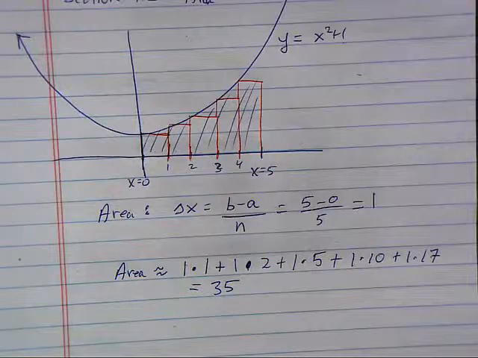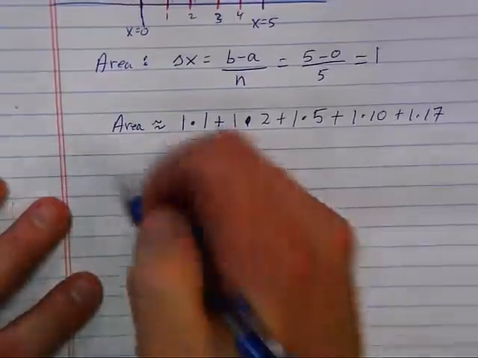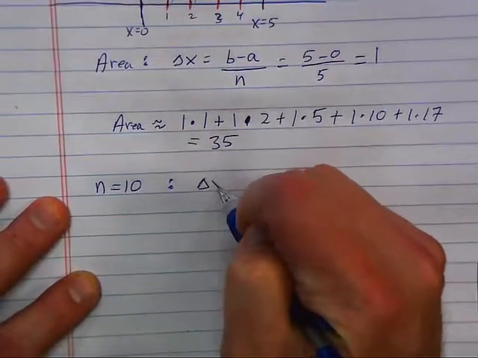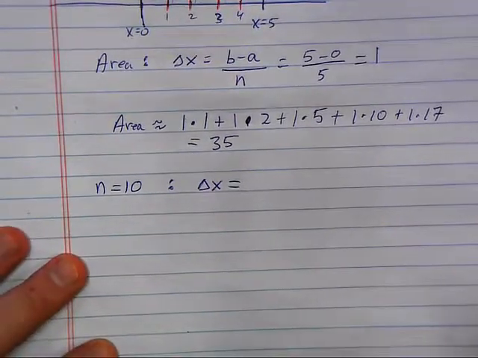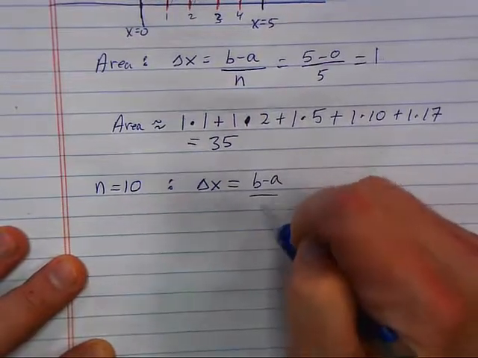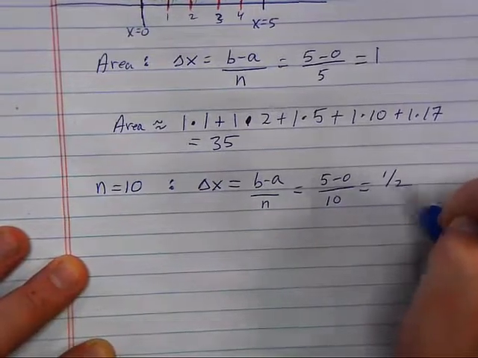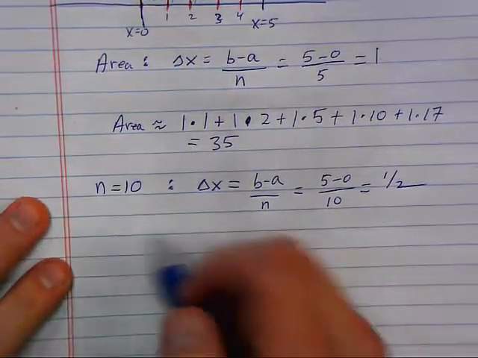What if I asked you to build 10 rectangles? Could you build 10 rectangles? You could? Okay, so let's do 10. So if n is 10, what would delta x be? It would be 1/2, because it would be b minus a over n. That's going to be 5 minus 0 over 10. That's going to be 1/2. Okay, so now my area would be,